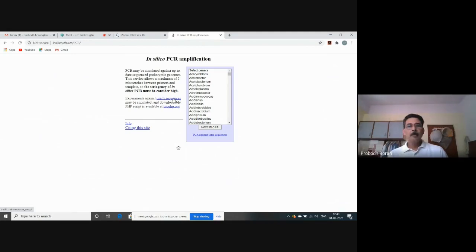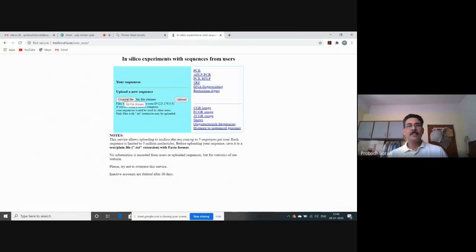If you click here, then you will be allowed to upload a sequence. You can click here, choose file. So if you have got a file already in your computer, you can browse it and upload it, so that against a particular template or target sequence, you can see the sensitivity and specificity of your primer design.